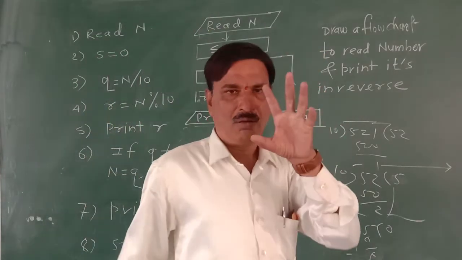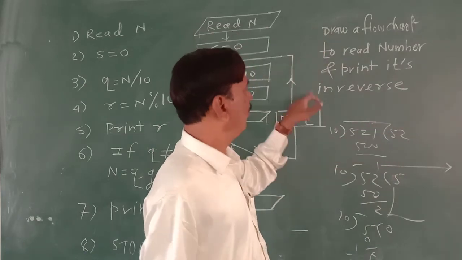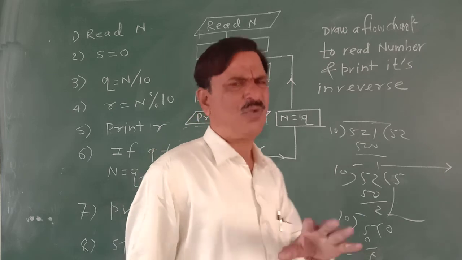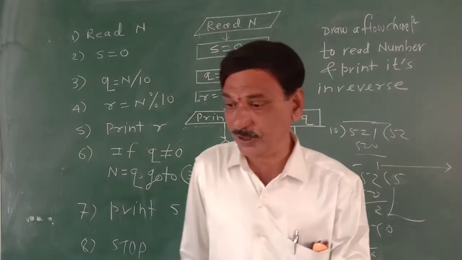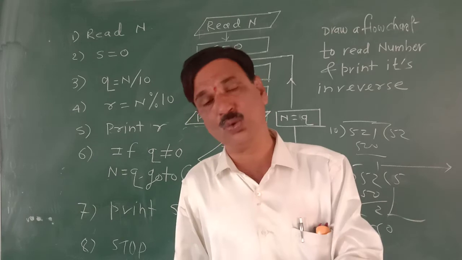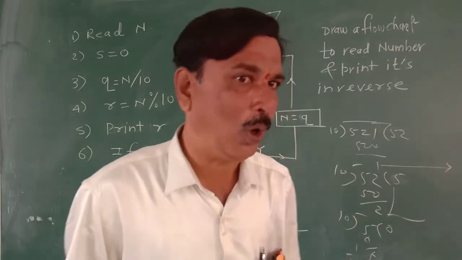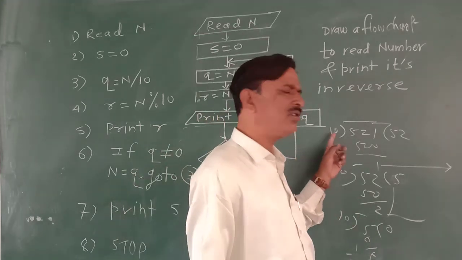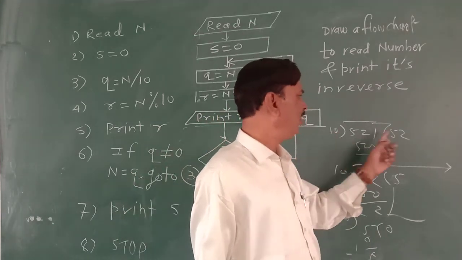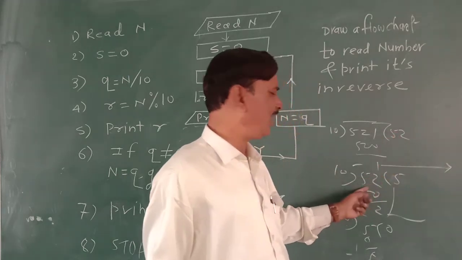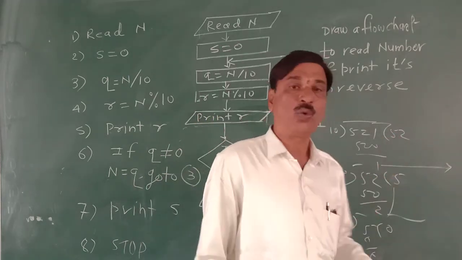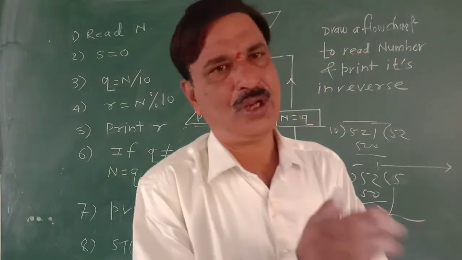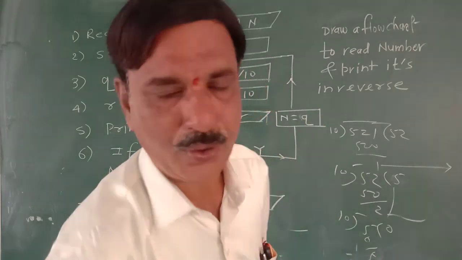First, read the task carefully. Then apply the logic. First of all, study the problem: what the problem is, what we have to give to the computer, what the computer has to do by our instructions, and what the output should be. As here, 521 was the input. Process: divide the number by 10, separate the remainder, then the quotient has been given, again divide until the quotient becomes 0. On the same logic, we are going to see more flowcharts. Okay. I think today you have got it. Thank you.